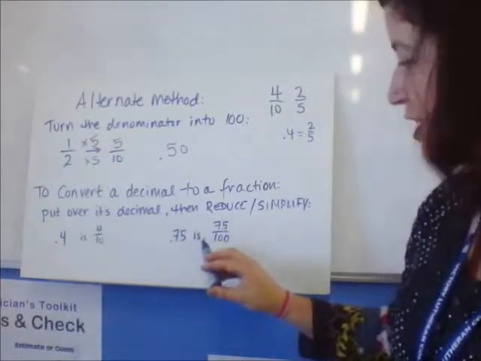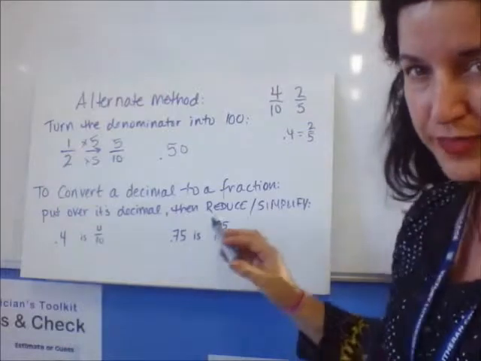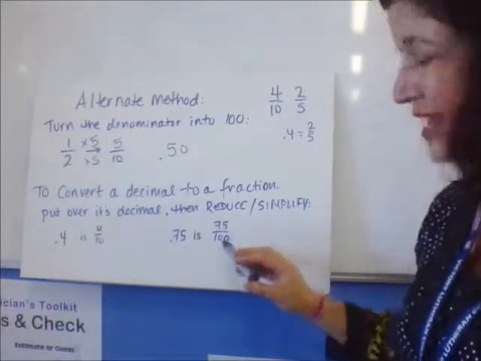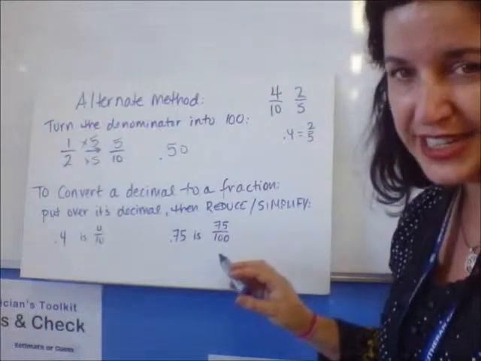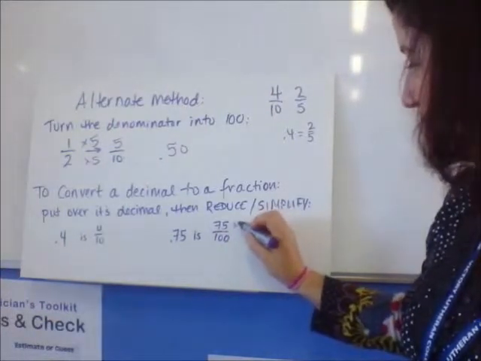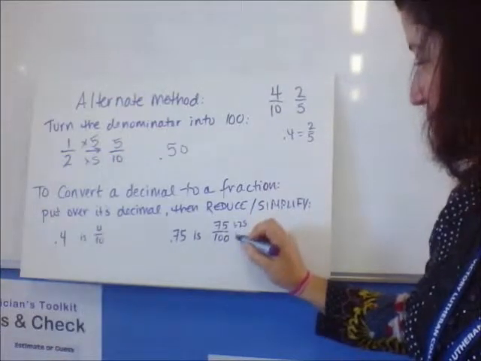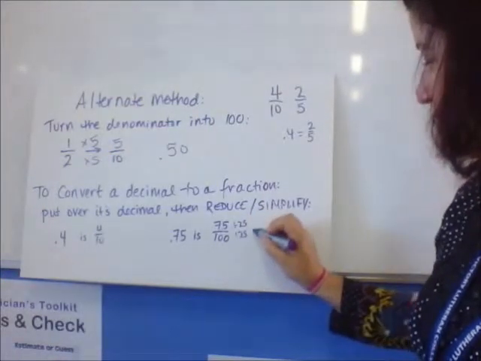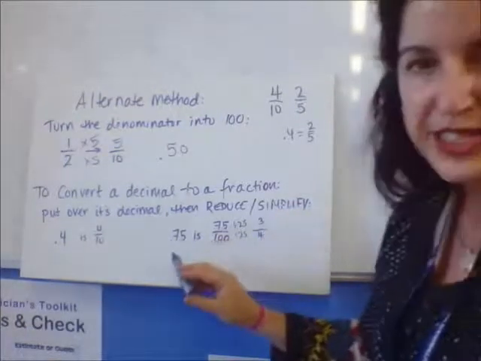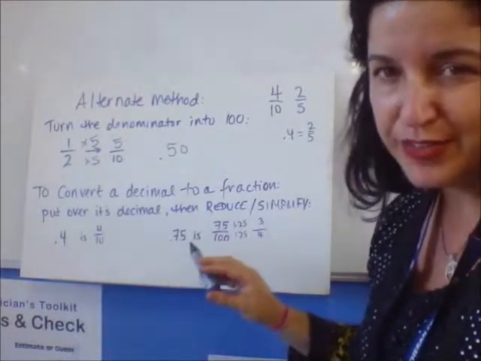So 75 hundredths is giving you the clue right there. You put it over 100. Then you can just reduce. Now, obviously, the highest common factor for this is 25. So let's divide them all by 25. Divide the top number by 25, divide the bottom number by 25, and we get 3/4. So 0.75 is equivalent to